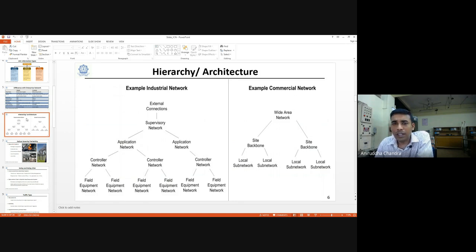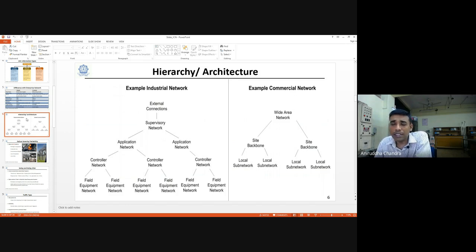Durgapur city. In Durgapur city we have a WAN, and then we have, say, two sets of cables. One set of cables is covering Durgapur A zone, and the other set is probably Durgapur B zone. Just for example, there might be more than two. In A zone, there are many campuses, like CMERI is one campus, NIT Durgapur is one campus. So they have their local subnetworks. This is how commercial networks operate.